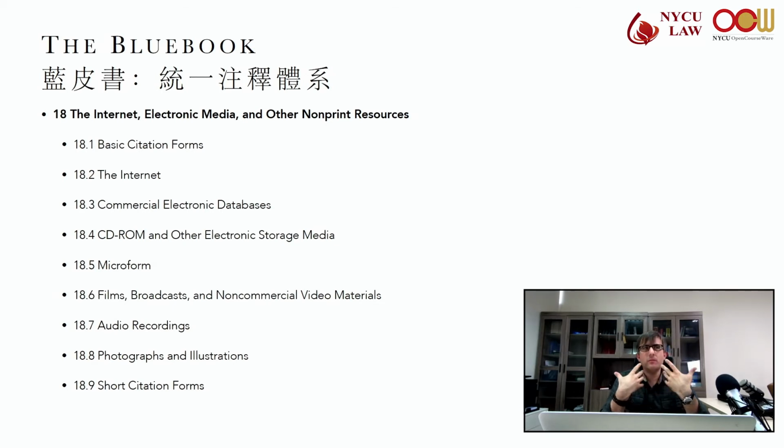So the citations should ideally include the homepage or domain name of the website, in small caps. And the Blue Book also discusses more on titles going forward in this specific rule that you can consult.